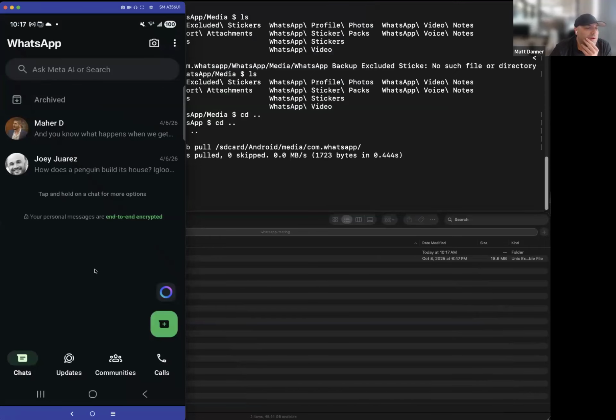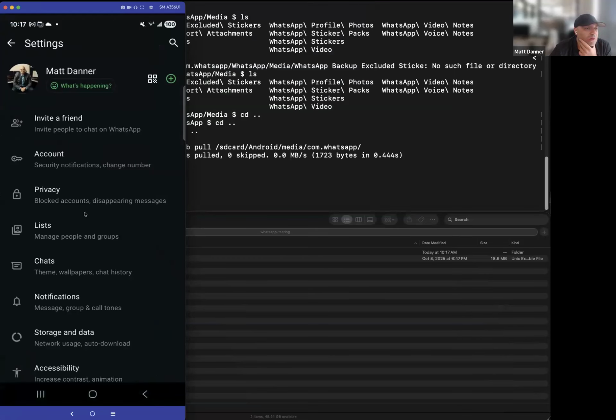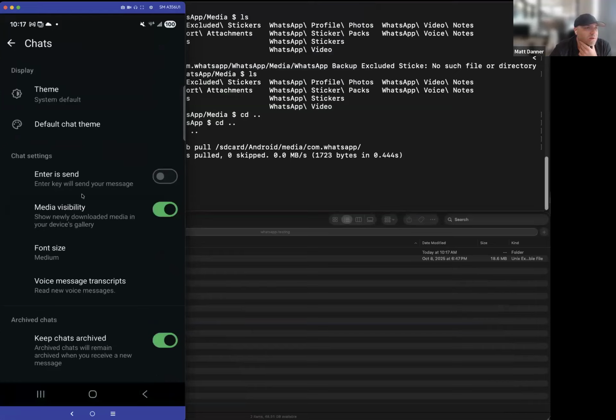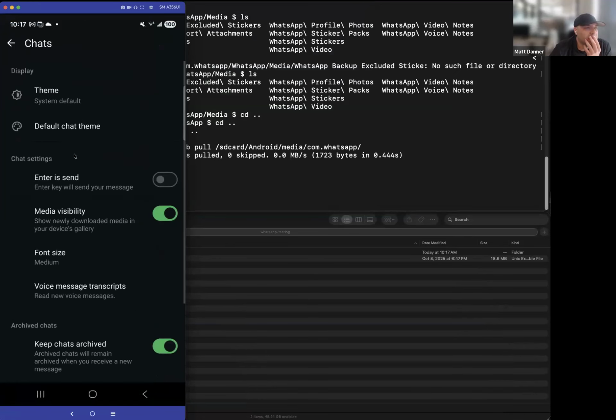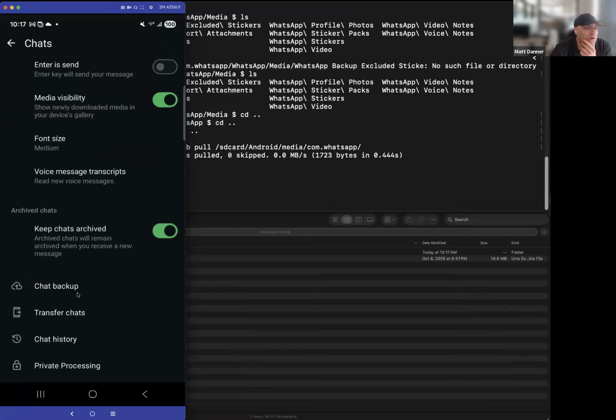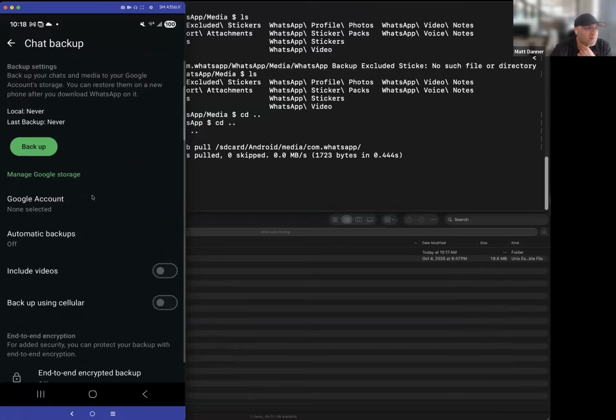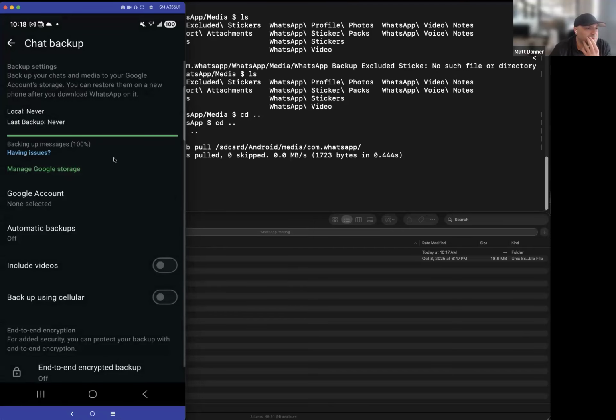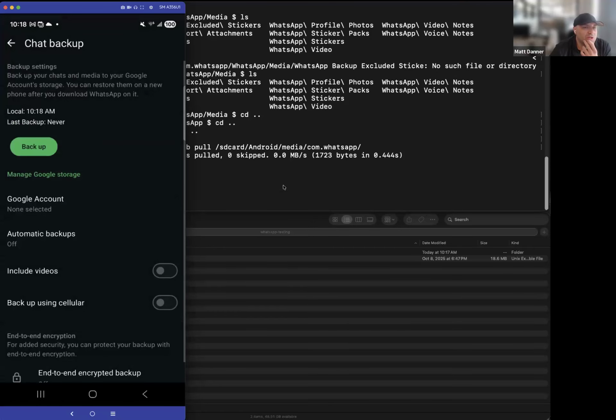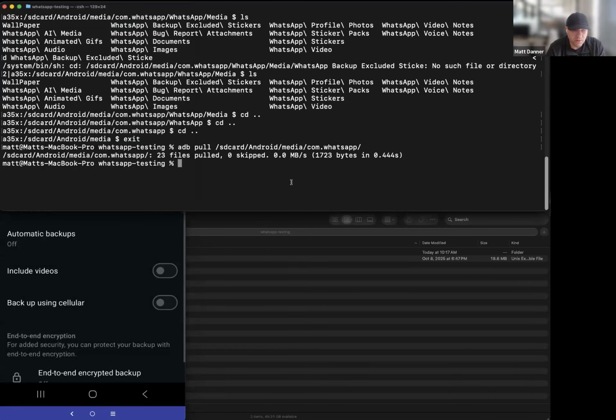And on the phone, we're going to go into settings. I'm going to scroll down to chats. You're going to see these settings related to chats. The thing that we're interested in is chat backup. So go into chat backup and you'll see things like local, never, last backup, never. What's cool is we can do a backup right now. So I can execute a backup and it's going to create a local backup. Okay, which is great, but it doesn't really help us that much because,